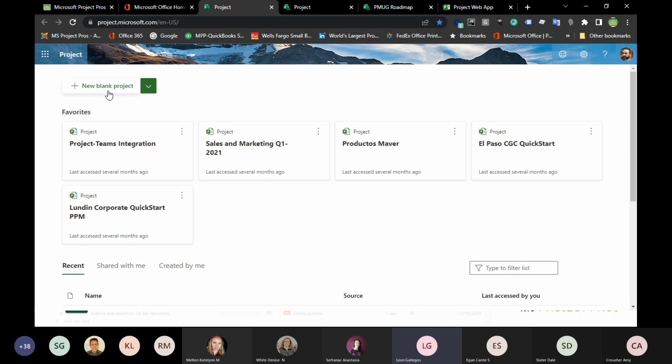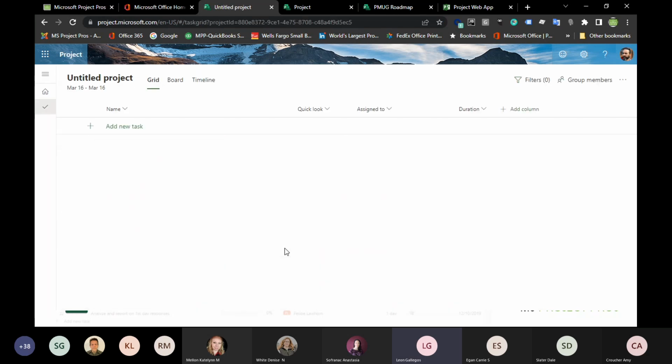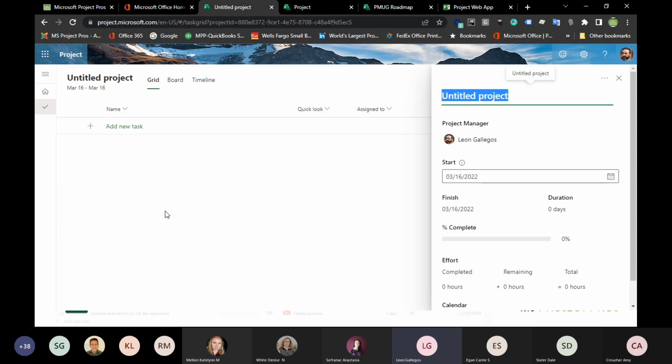So if I wanted to create a new project, or get started with something, I can just simply come up here and click new blank project. When I click the new blank project, it just immediately takes me in to start working on that project. Because this is web-based, what you're not going to see is a lot of saves, right? Like we would traditionally if we were to pull this down into an application. Instead, this is just continuously auto-saving. So notice that I clicked up in the untitled project, and I can just come in here and give it a new project name, right? So we'll just call this construction project, something like that.